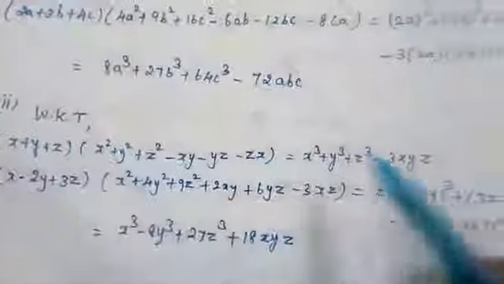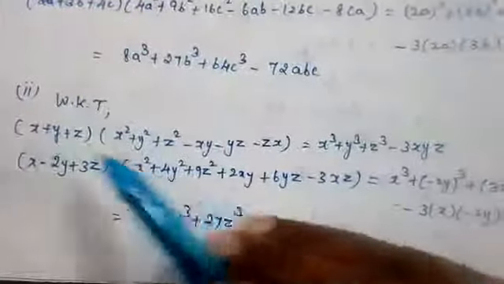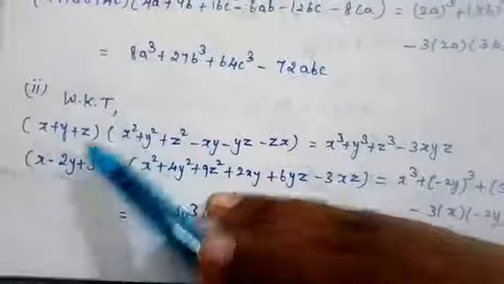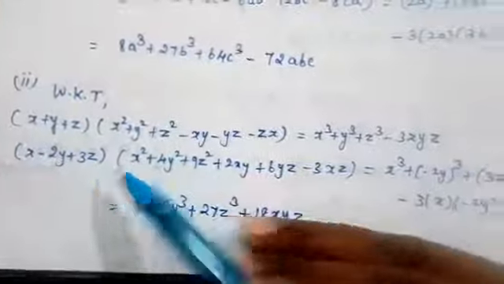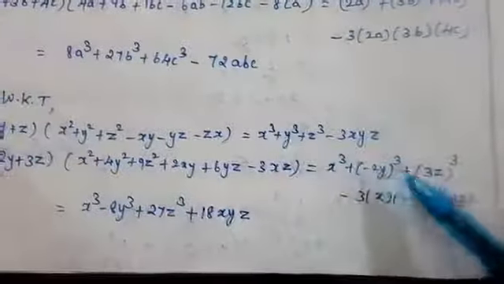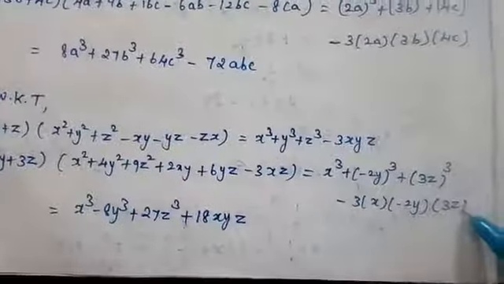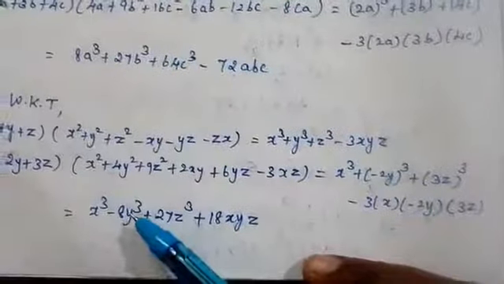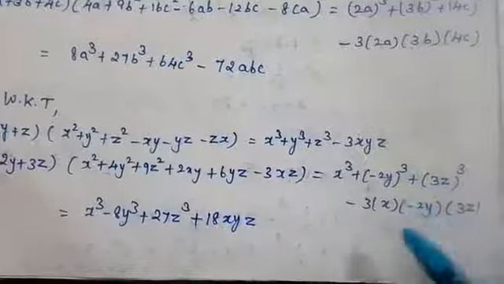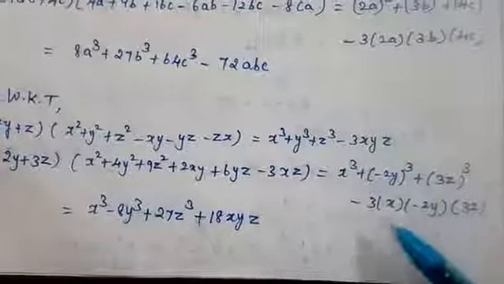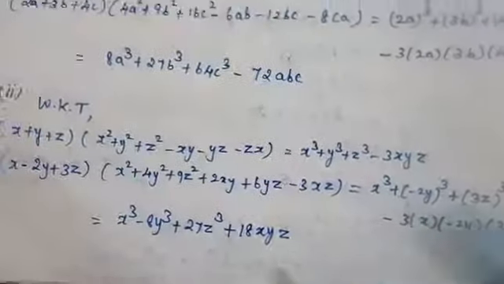12th second problem. First you write the formula, the same formula, then the given question, then you have to compare the values. The x value is the same, y value minus 2y, z value 3z. X is x, y is minus 2y, z is 3z. Now write in the formula: x cube plus (minus 2y) whole cube plus (3z) whole cube minus 3 into x into minus 2y into 3z. So it is x cube, (minus 2) whole cube, that is minus 8y cube, (3z) whole cube, that is 27z cube. Then you have to multiply, 2 minus are there, it becomes plus. So 3 2s are 6, 6 into 3, 18, x into y into z, that is xyz.